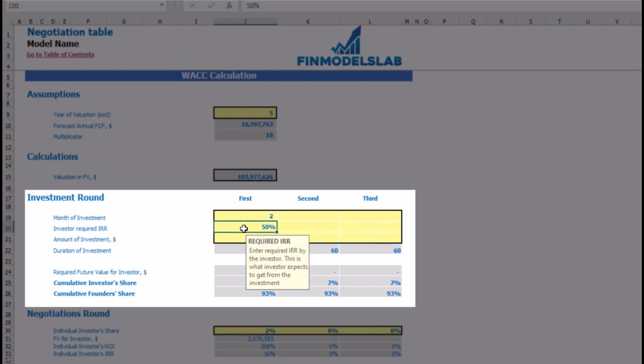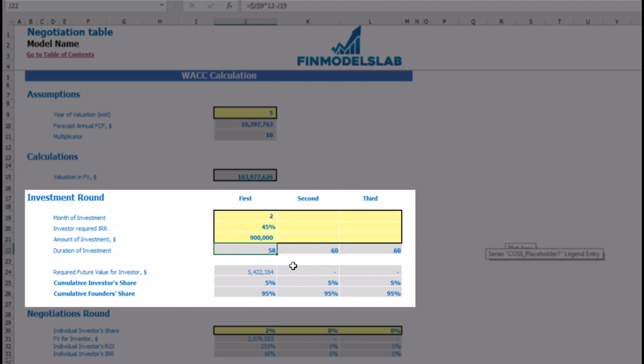Investor required IRR, for example 45%. Amount of investment $900,000. Duration of investment, which is 5 years minus 2 months, which is 58 months. Here is a calculation of required future value for the investor and the shares, cumulative investor share and cumulative founder share,